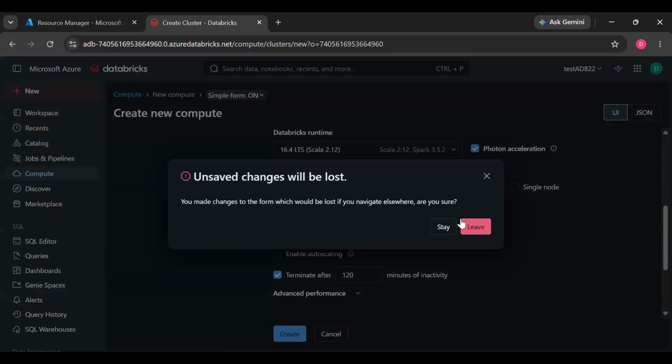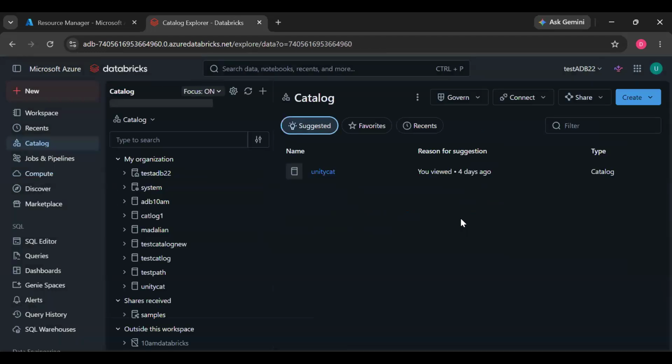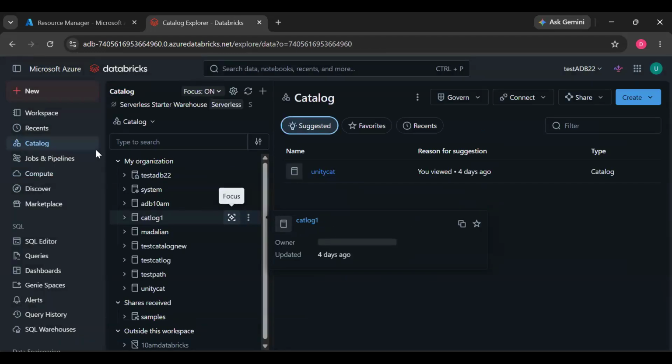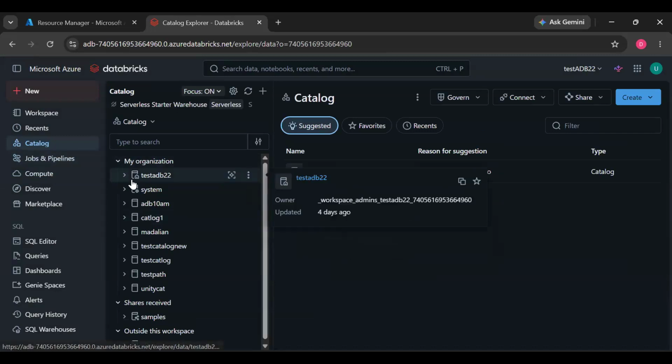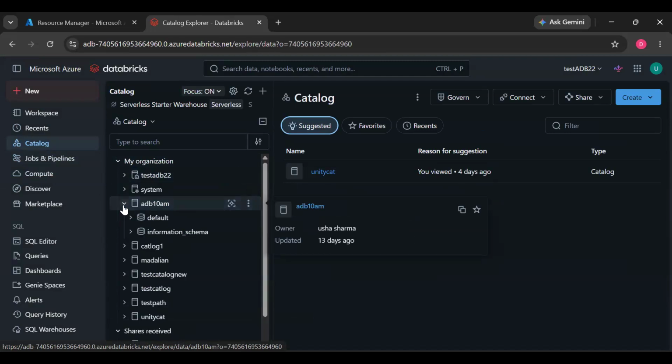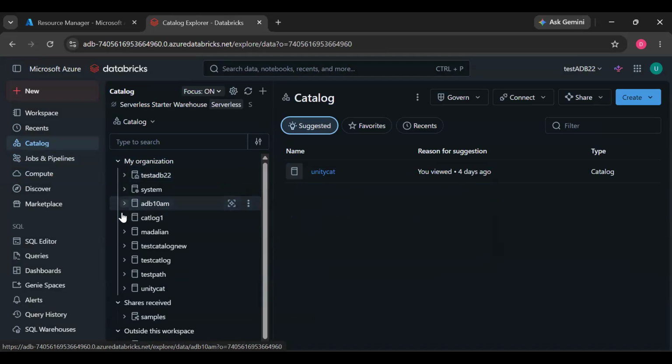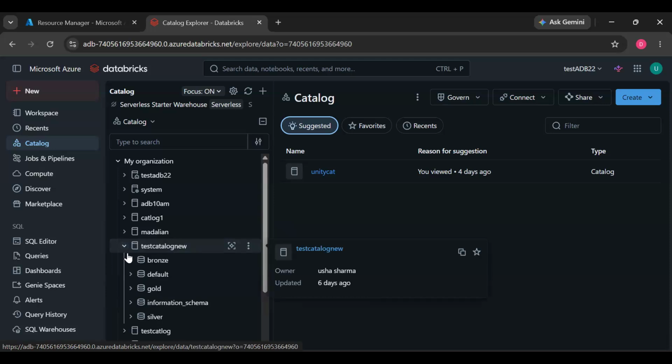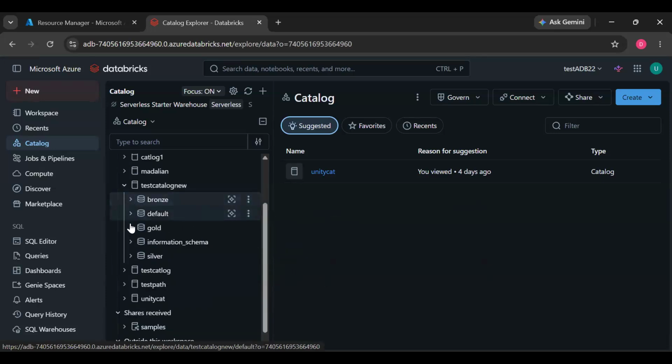We cover each of these things: how to create compute, how to create a notebook, how to utilize Unity Catalog, and medallion architecture, which is very, very important. Without medallion architecture, you will not create a single project in real time. Medallion architecture is nothing but maintaining bronze, silver, and gold layers. So we are also covering that, and how to do it. We will cover DLT pipelines and Delta Lake. Each and every topic is clear.